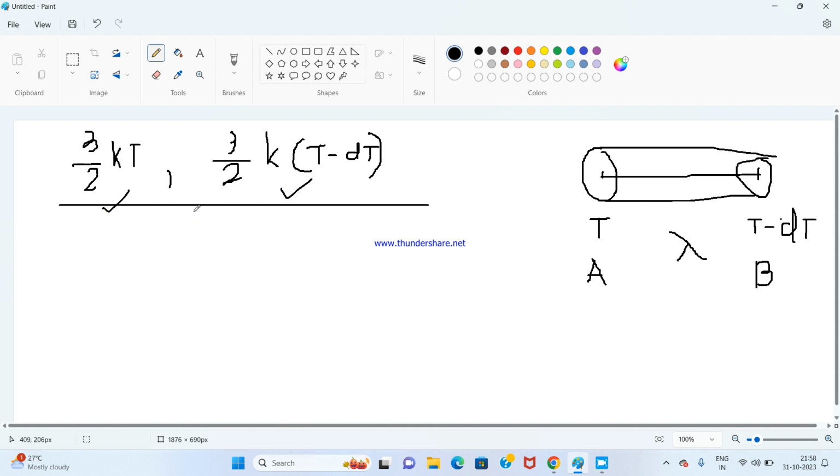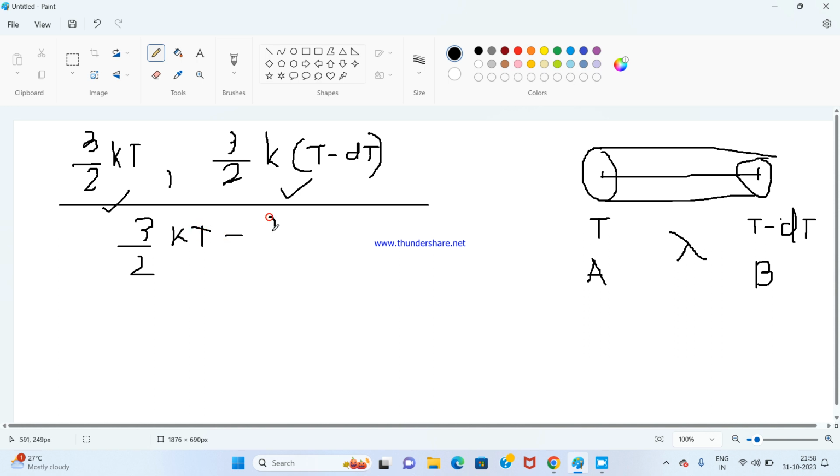If you subtract, then you see the kT will be cancelled and this minus will become plus. So the resultant energy which will cause the movement of the electron from the hotter end A to the colder end B will be 3/2 kT